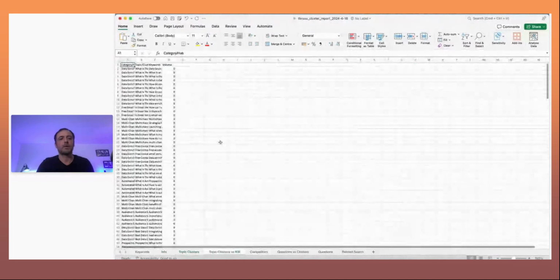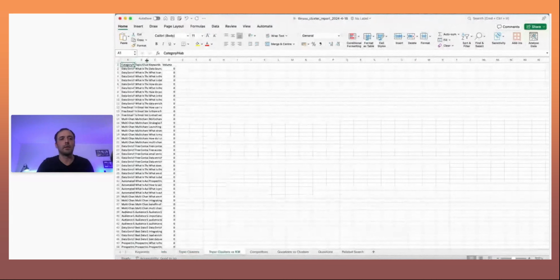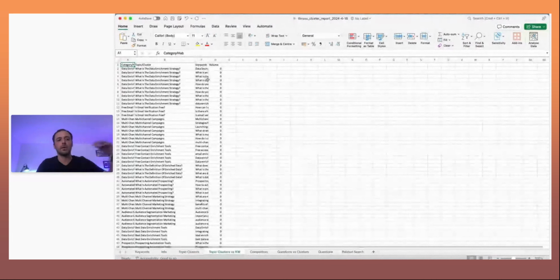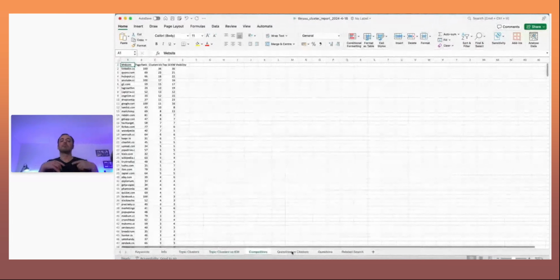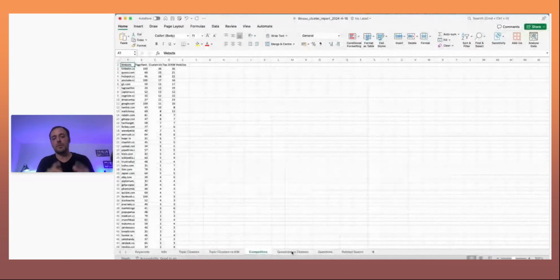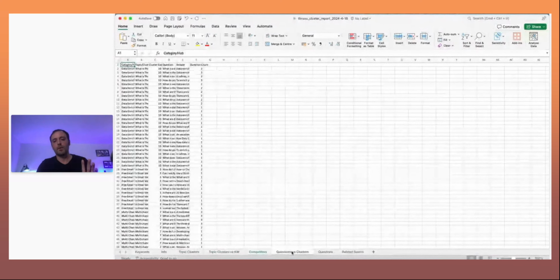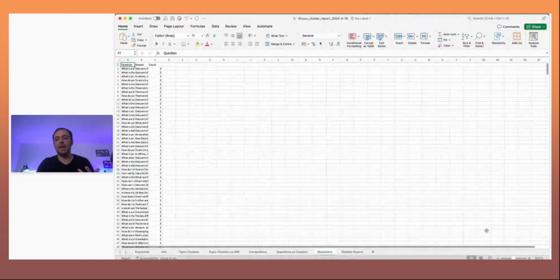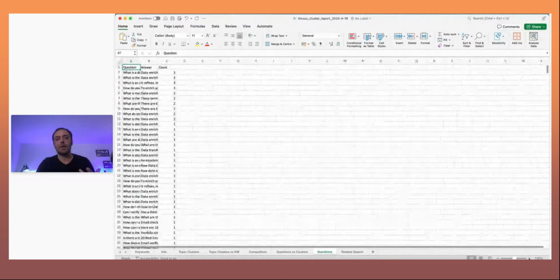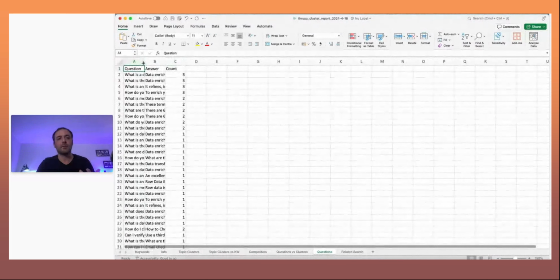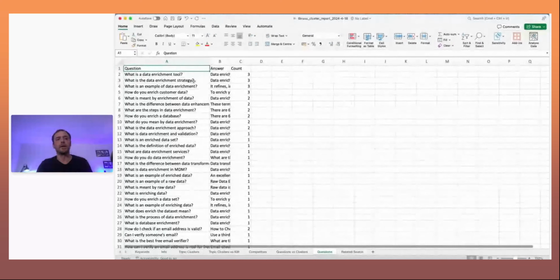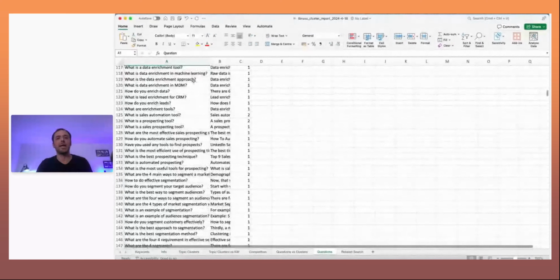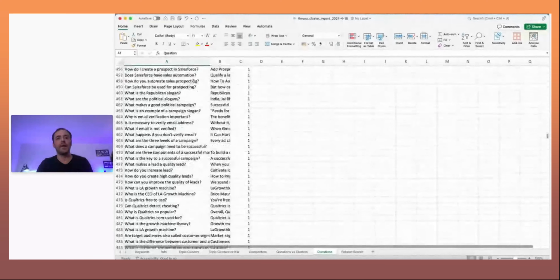You have the topic cluster in another view, one keyword, one cluster, etc. All the competitors. But why do I open this file? Because there is something really cool. You have also all the PAA, okay? So here it's quite cool because you have a list. We uploaded, remember, 200-something keywords, and here you have a long list of PAA